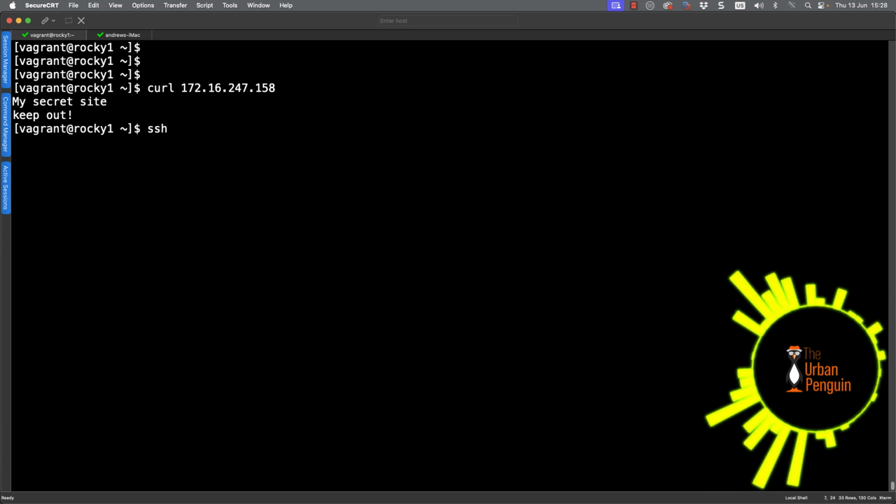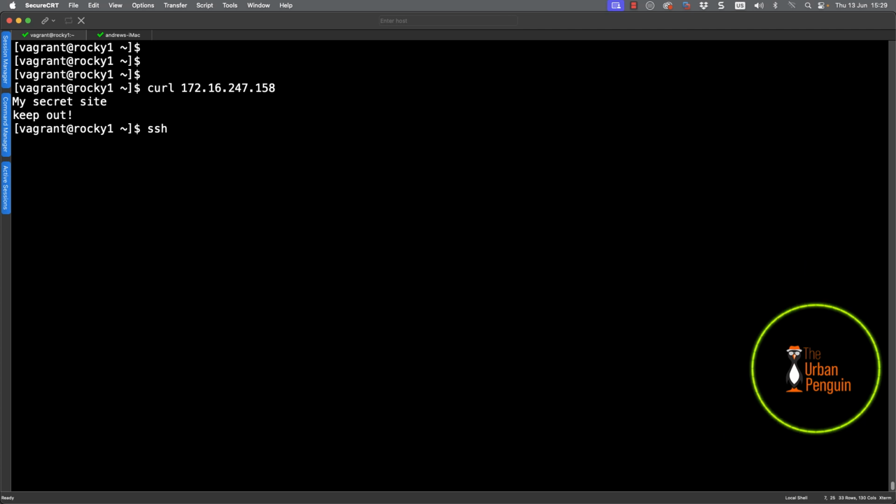Well, we can go through and run SSH. And I'm going to put in a few switches. So we're going to specify to run SSH in the background. And the uppercase N says don't run any commands. I don't really want to SSH into the box, so we just need to set up the tunnel. We're going to be listening on port 8080, and that's going to be on our local host, so on my laptop.